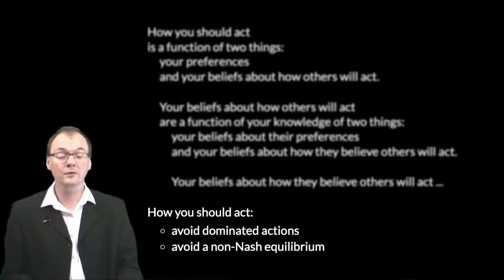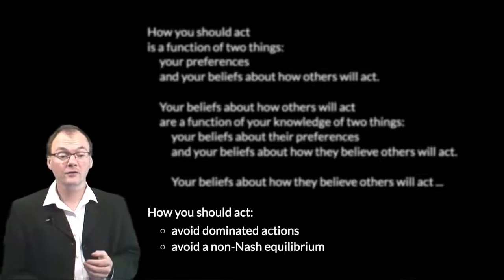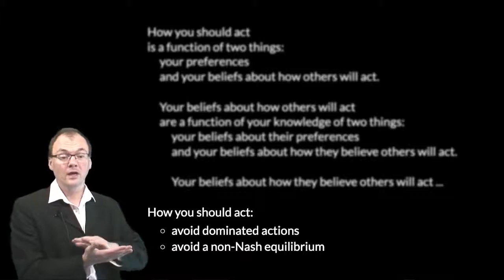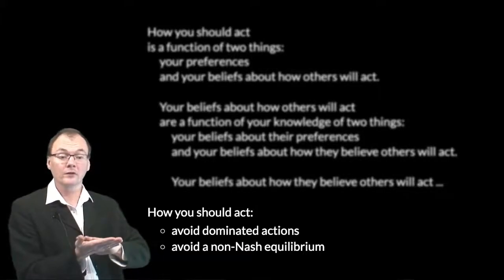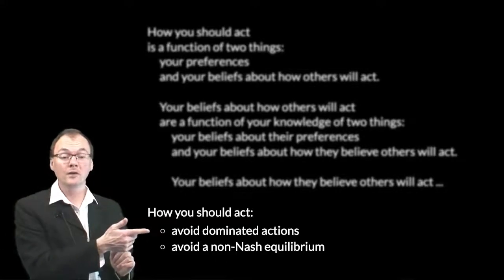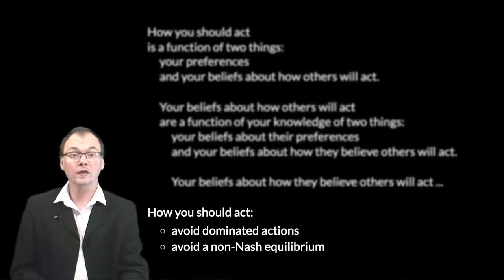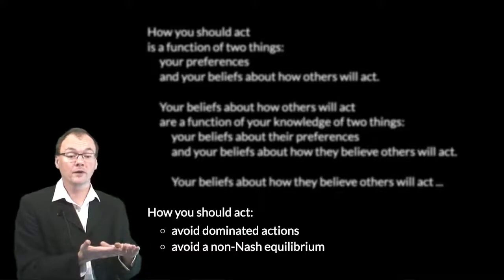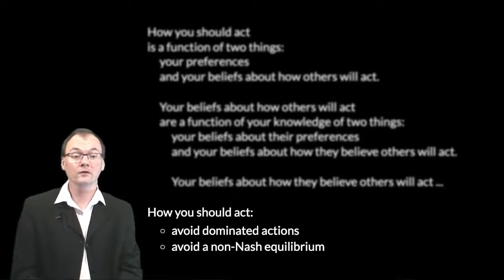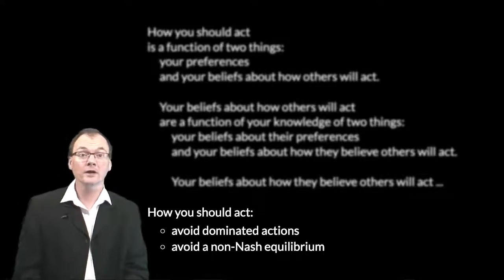What's glorious, what's beautiful about the ideas of dominance and the more general idea of a Nash equilibrium is that it allows us to think about the rationality of social interactions, cutting out the need to evaluate subjective probabilities at all. We can say more generally that we should act by avoiding dominated actions and also avoiding points which are not Nash equilibria. So we've greatly simplified the problem of characterizing rationality in social interactions relative to a starting point where we just had decision theory. That looks like great progress.